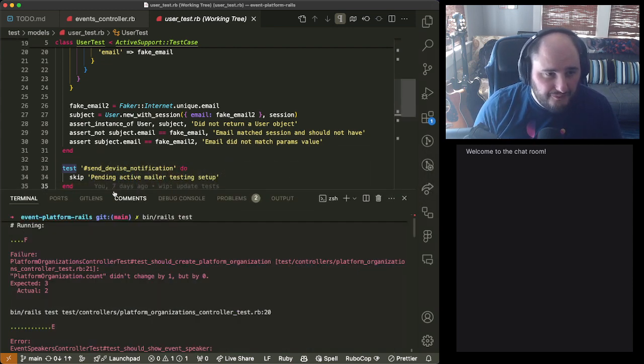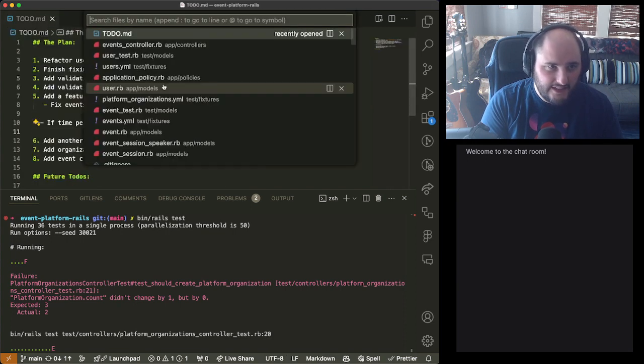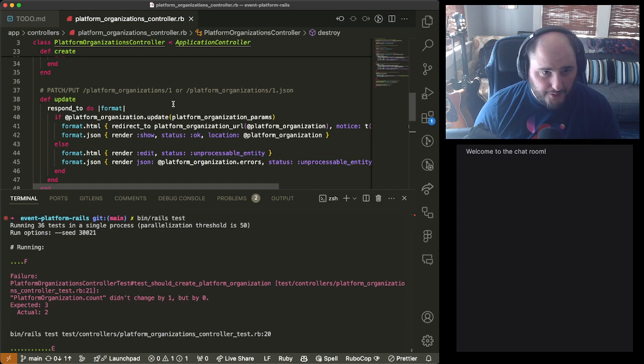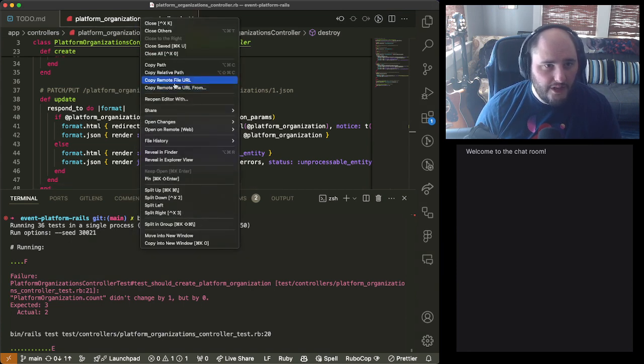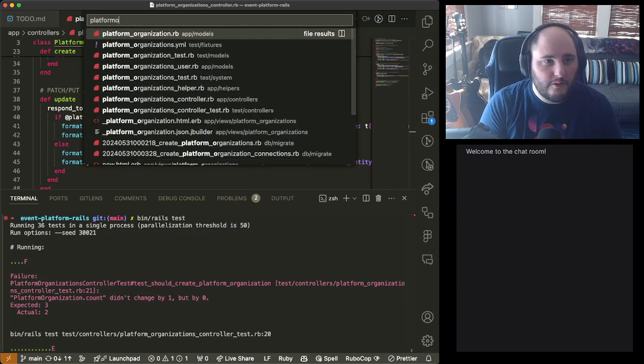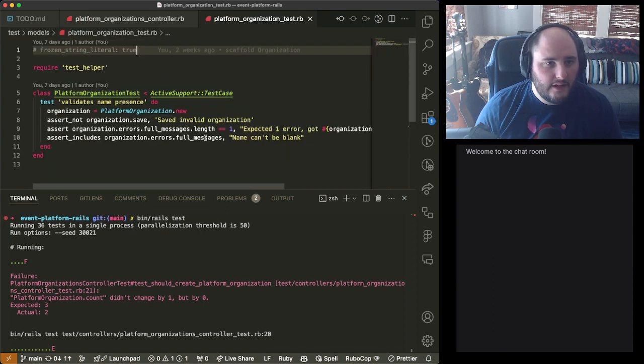Okay, so let's go and start with our platform organization controller because I think that's a great place to start because that's where it's saying something's broken. So let's start here and we need to grab the test file, platform organization test, right? Wrong one.